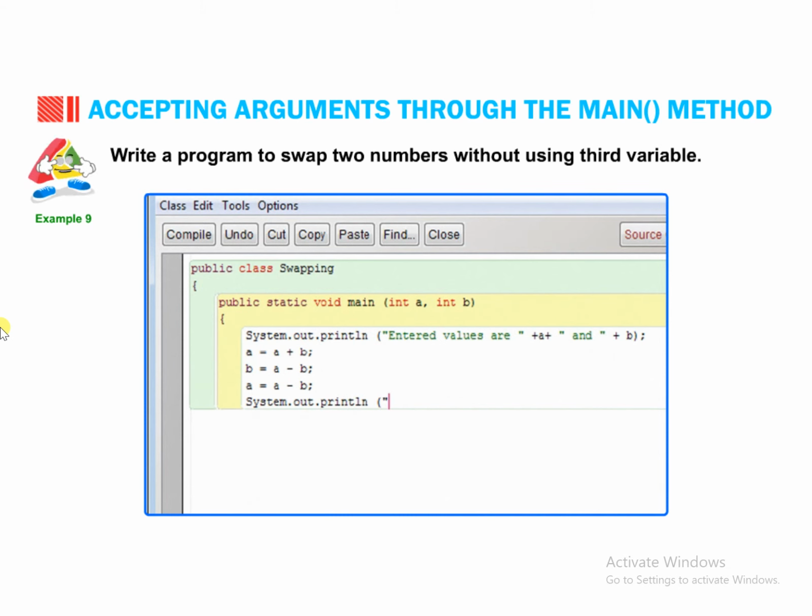System.out.println("Value of a is " + a); System.out.println("Value of b is " + b); } }